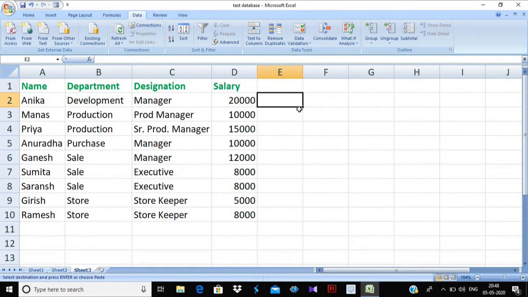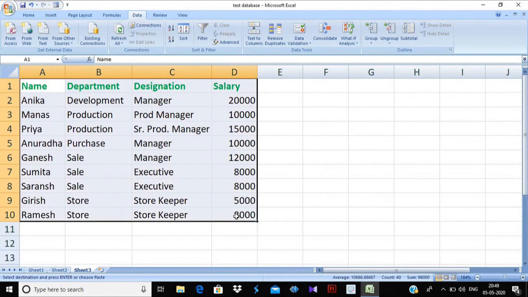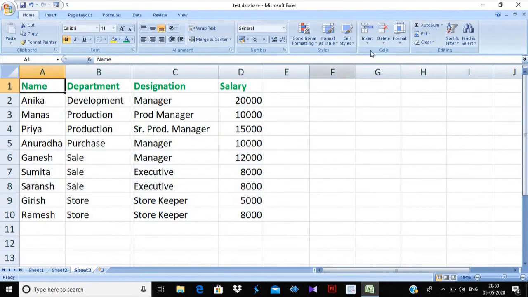Now how we will use advanced filter, step by step we will see. Your first step is, suppose you want to insert a specific criteria. So first you have to select the whole data, or you can insert some more rows above it. To insert rows, first we go to the Home tab.